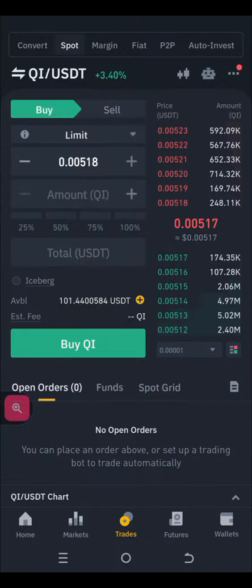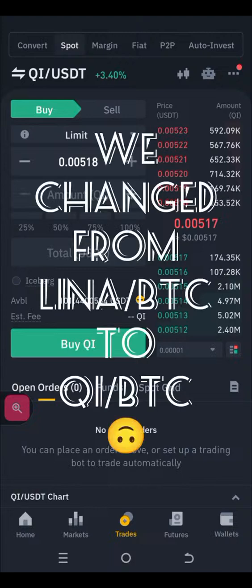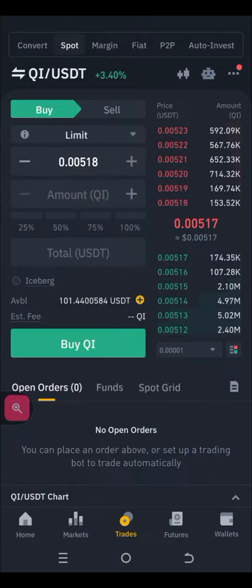And the reason why this took quite a long, I think about 9 days, was because of the bloodbath that happened, and we had to change from Lena BTC, remember, go all the way, change to QI BTC, and then now sell for profit in QI USDT. So it took a long journey, right? It took a long roundabout journey, but eventually we arrived at